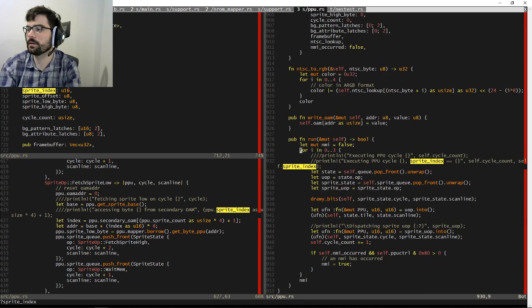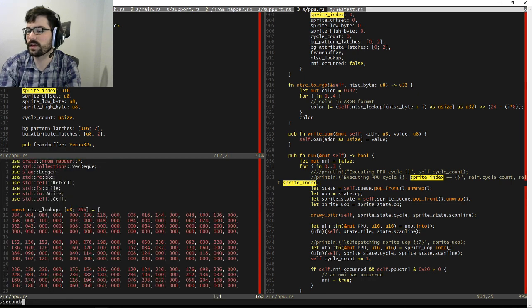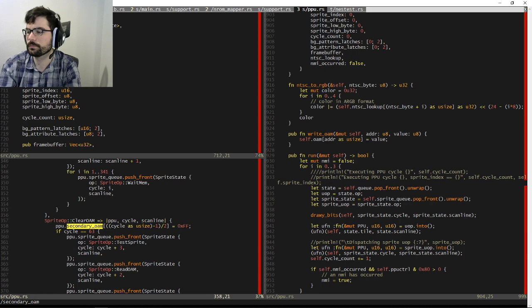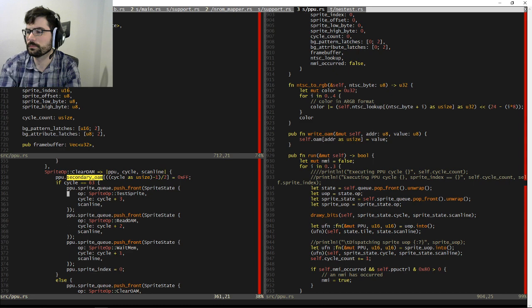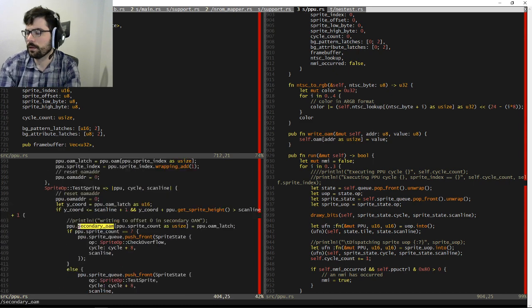Sprite index, we're going to go to the bottom so that we can initialize sprite offset to 0. And then whenever we rewrite to secondary OAM, we're going to go in here and we're going to write to CPU.sprite offset.